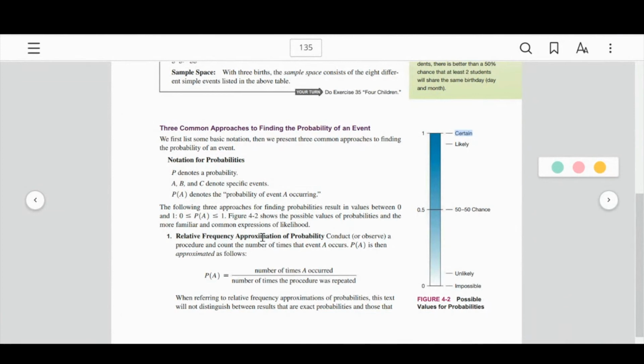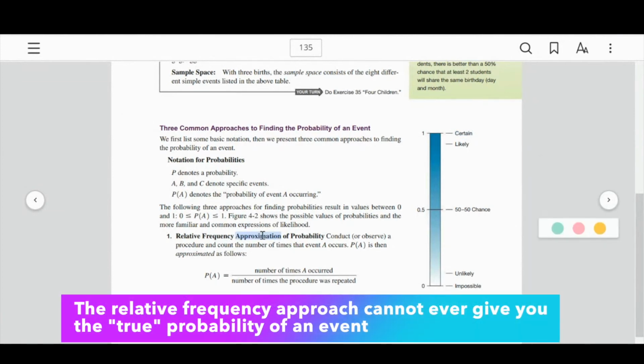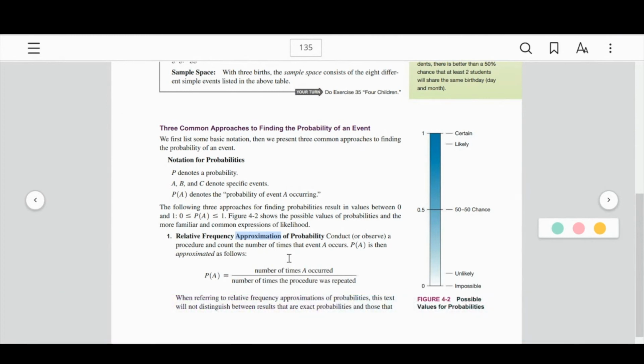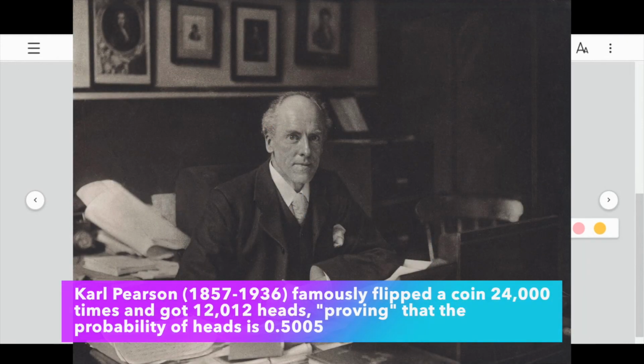Yep, they do it in the wrong order. They do relative frequency first, and it is an approximation. Why is it an approximation? Because if you do it again, you'll get a different value, right? If you flip a coin 10 times and then flip a coin 10 times, you might get the same number of heads both times, but you might get a different number. And so it's only an approximation. How can you improve this approximation? Well, flip the coin more. Don't flip it just 10 times, flip it 20 times or 100 times. Or we've had Karl Pearson. You can look up Karl Pearson. He flipped a coin. Oh, I'm going to quote the number wrong now. I want to say 20,000 times.